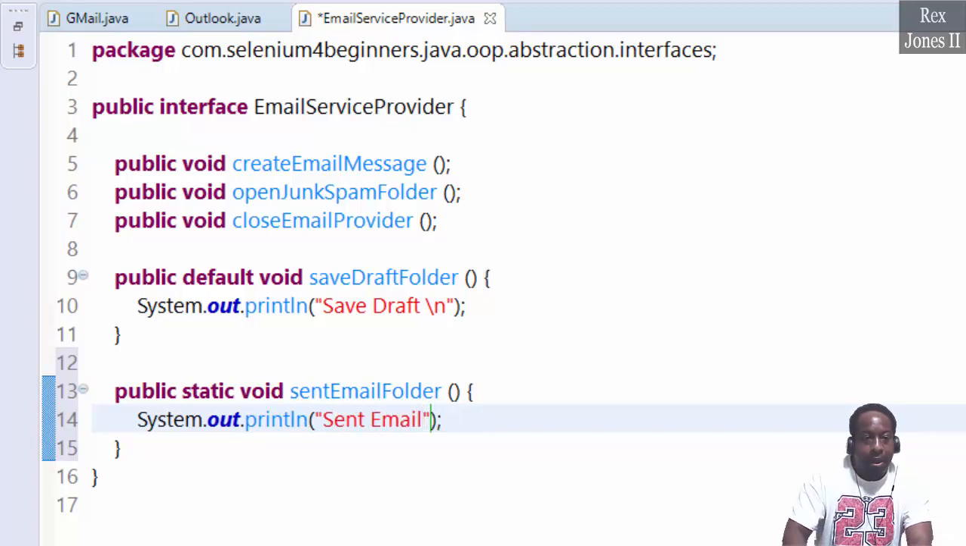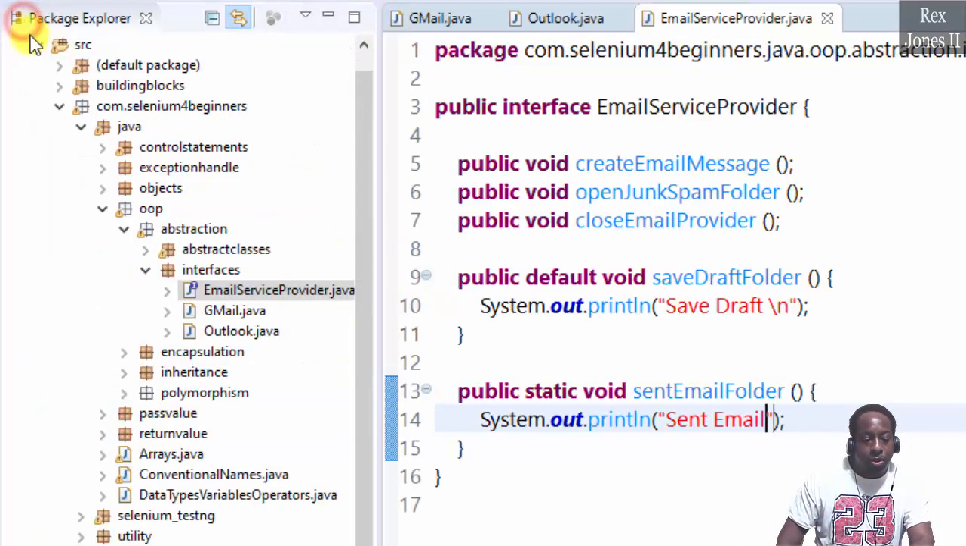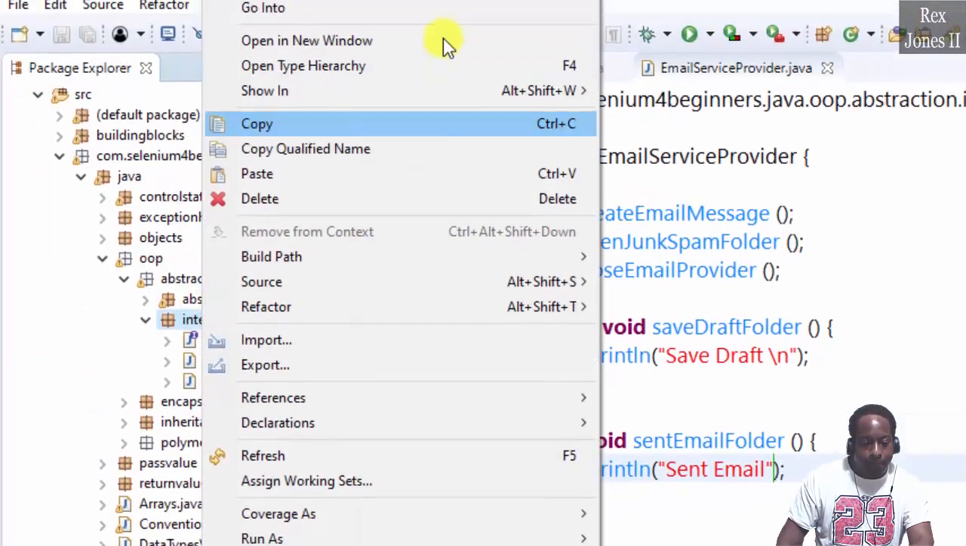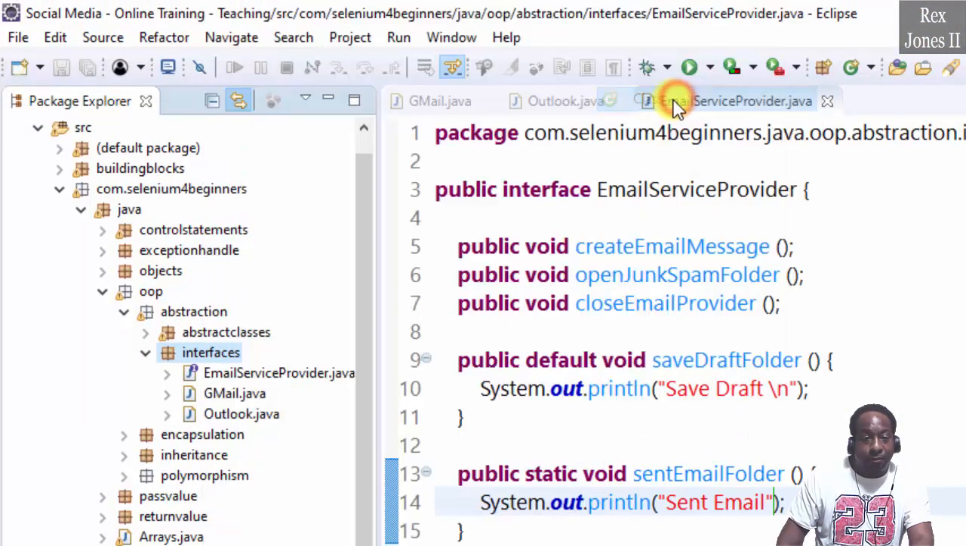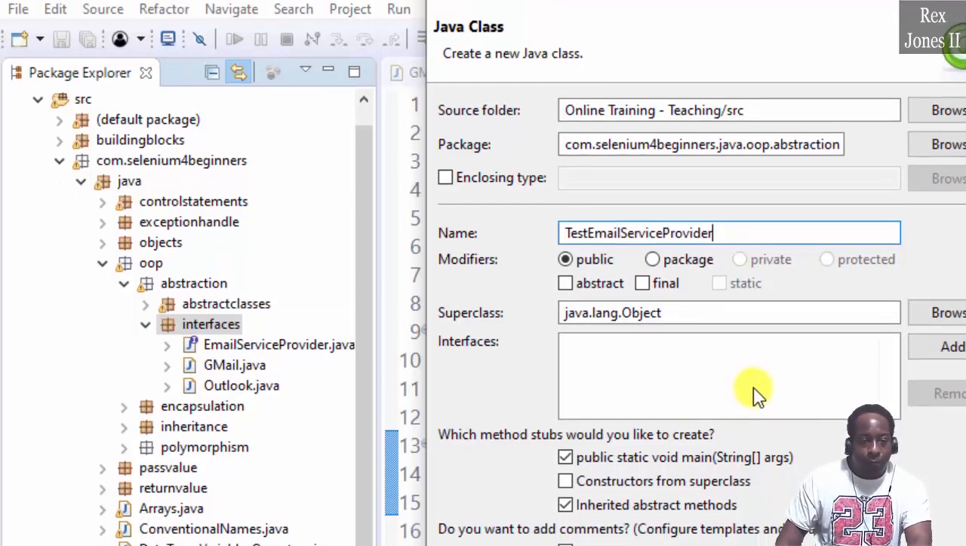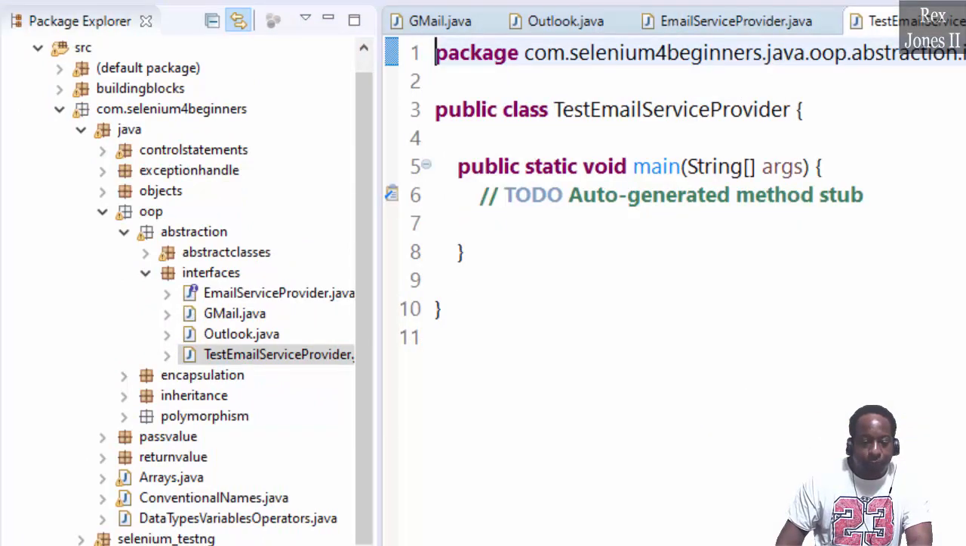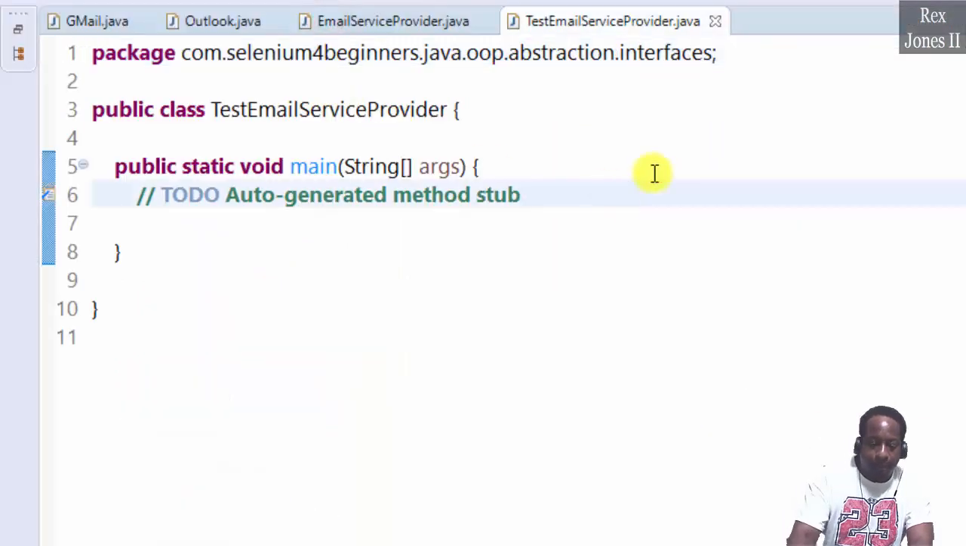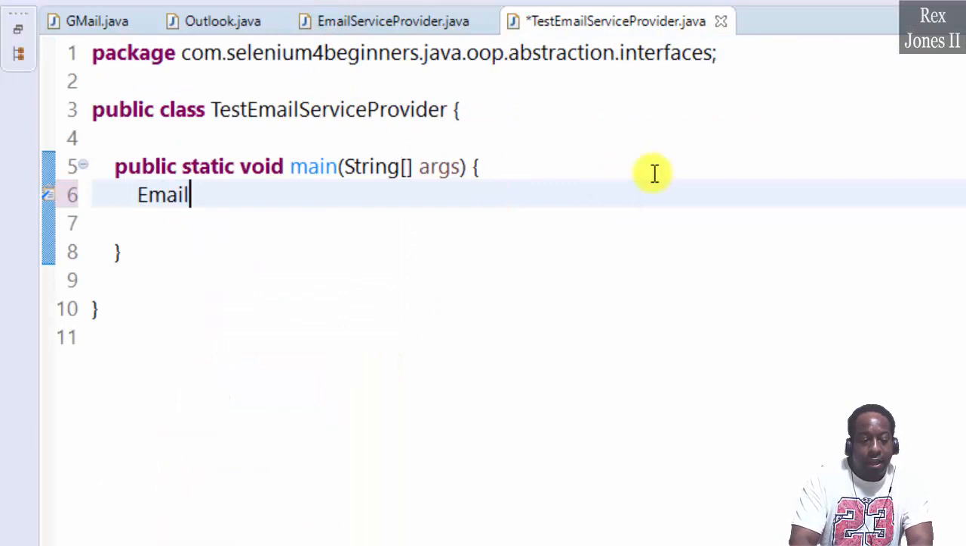Sent email. Let's test the interface and both implementation classes. Go to new class, main, test email service provider, then finish. Email service provider object